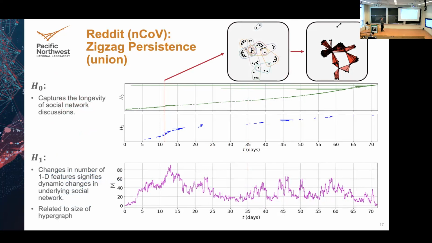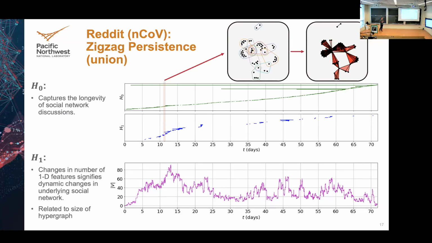And there's a few things I want to point out here. On the top, we can see these barcodes in H0, which again are the connected components and how those persist through time. There's one long one from about the first day to the 7th day. So it's not the whole time range of the data, just the first couple months of the data. But you can see that it persists the whole time. So that signifies that there was a conversation in this temporal hypergraph that persisted over the whole duration